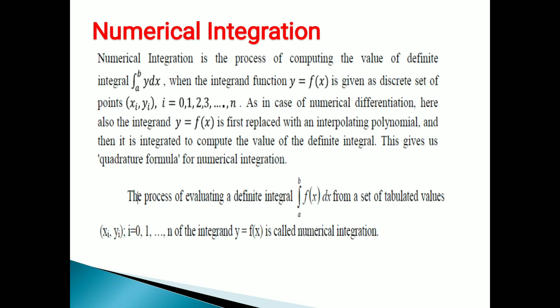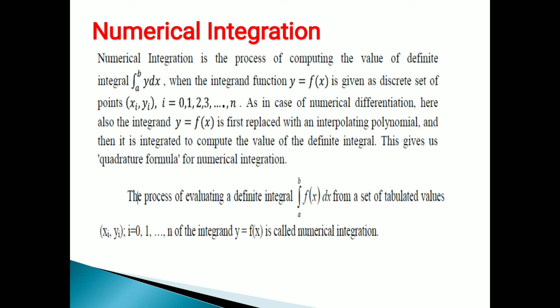As in the case of numerical differentiation, here also the integrand y is equal to f of x is first replaced with an interpolating polynomial and then it is integrated to compute the value of the definite integral. This gives us the quadrature formula for numerical integration. The process of evaluating the definite integral integration from a to b f of x dx from a set of tabulated values xi, yi, where i runs from 0 to n, of the integrand y is equal to f of x is called numerical integration. To find the value of integration,